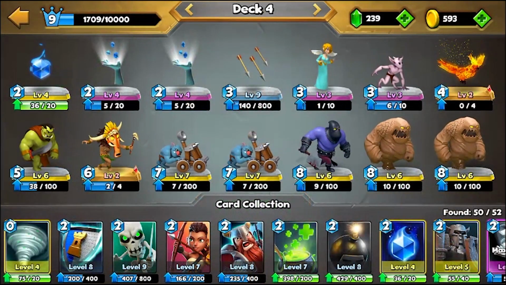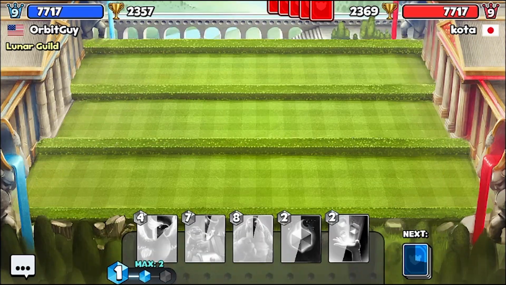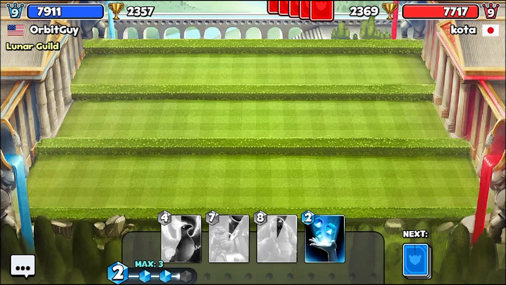Pretty easy win right there with this deck, and I'm liking what I'm seeing so far. It's looking kind of like how it used to look. I mean, I didn't have a catapult in it before. The game feels a little bit different. Something's different about it, and I can't quite pinpoint exactly what. So if anyone knows exactly what happened,